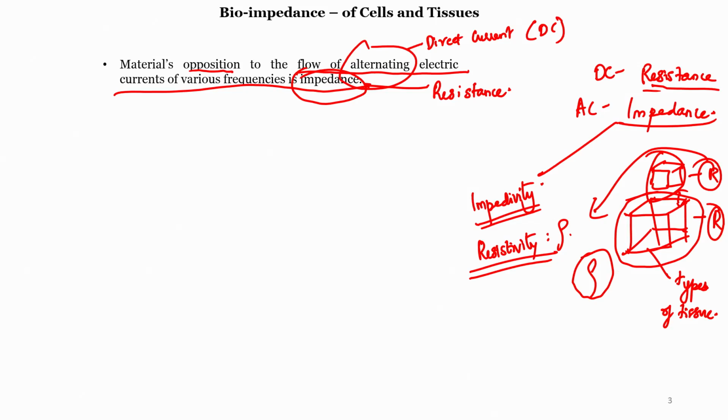Okay. Now, how do we get resistivity? This is basic class 10th physics. Resistance R is given by rho L by A. Like that, impedivity also you can calculate; we can note it in whatever way we want, impedivity equal to measured impedance into A by L. It is a rough equation.